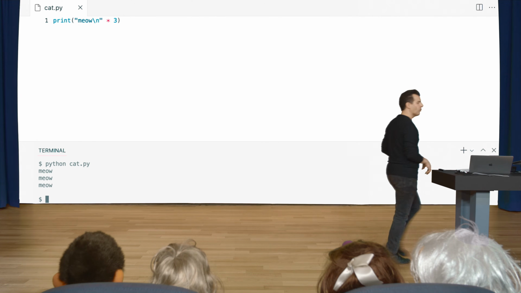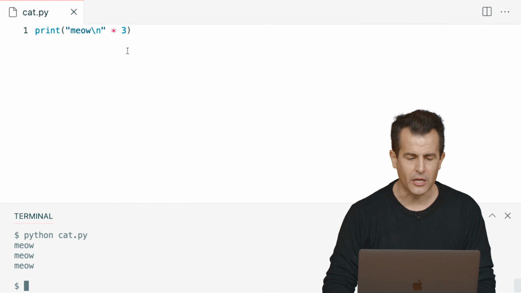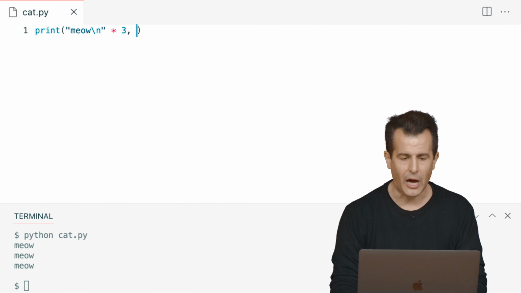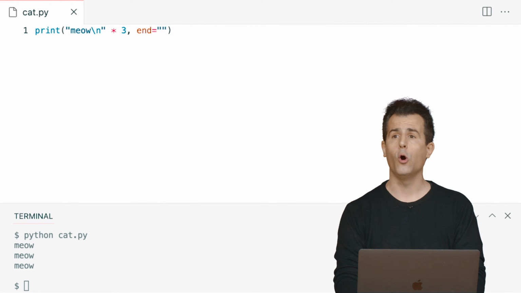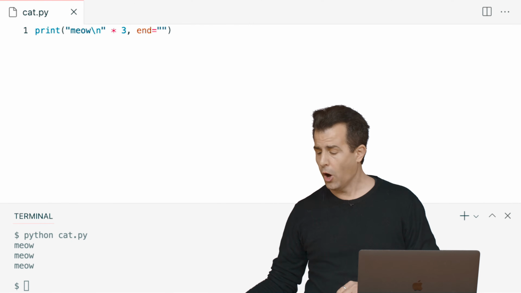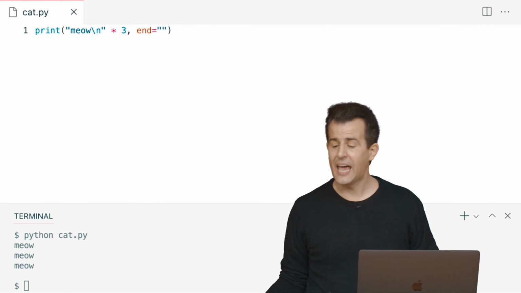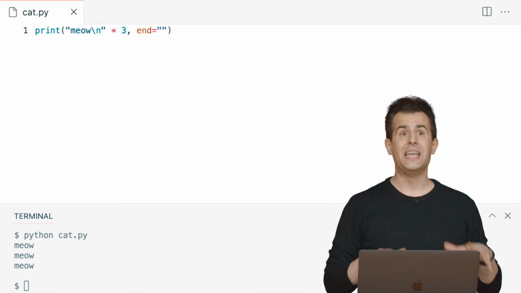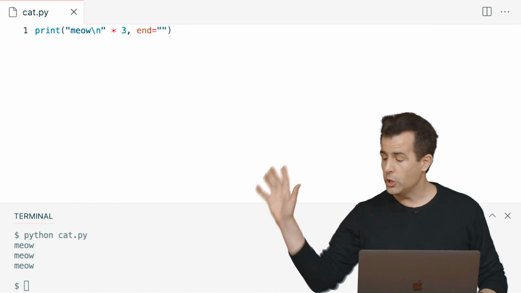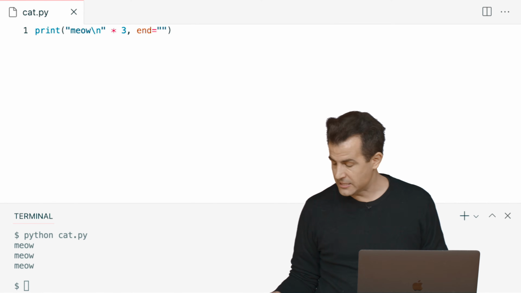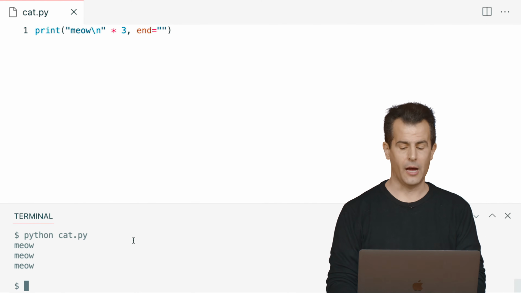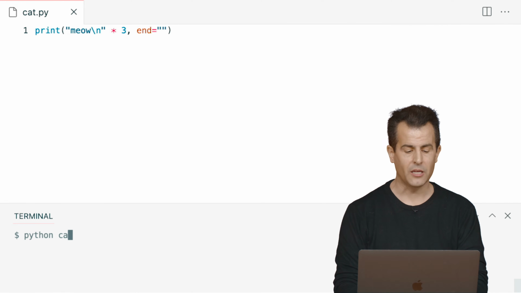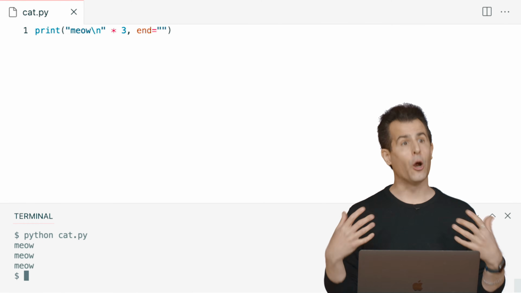Well, we need to just override that. So let me go into my code here. And let me change this to comma end equals quote unquote so that it's no longer the default \n. It's instead now going to be nothing whatsoever. That should eliminate then hopefully that additional blank line. So let me run this one last time here, python of cat.py, enter, and there we have it.